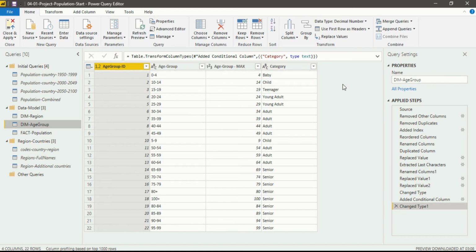First, I will tell you how the code has already been applied without you knowing in the Power Query Editor, because everything you do in Power Query Editor is written in M language. I have applied a lot of steps, and in these steps I haven't done any coding yet.